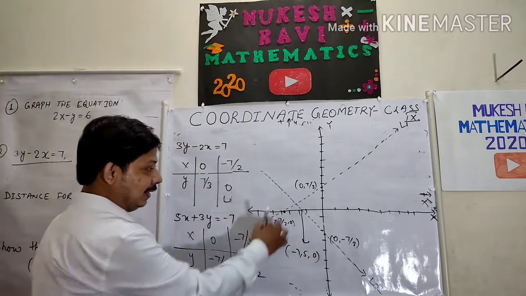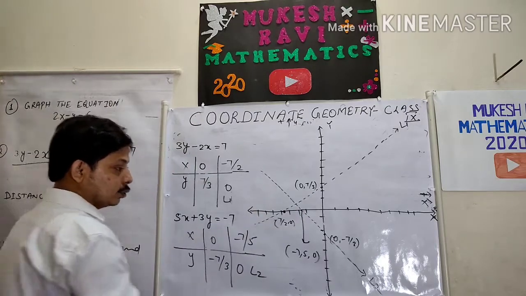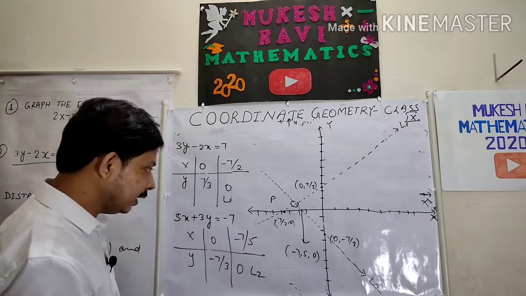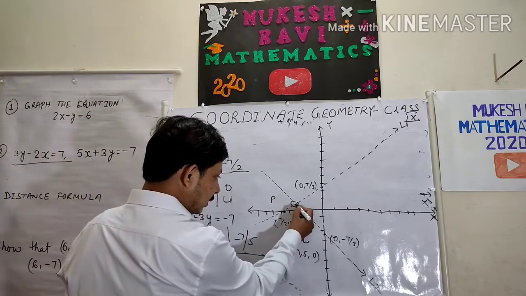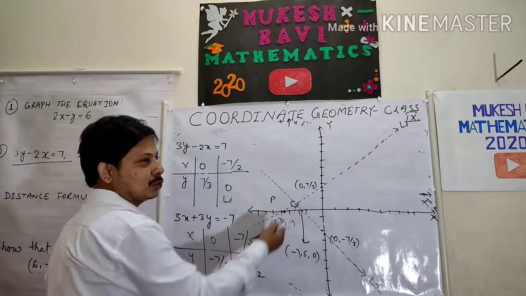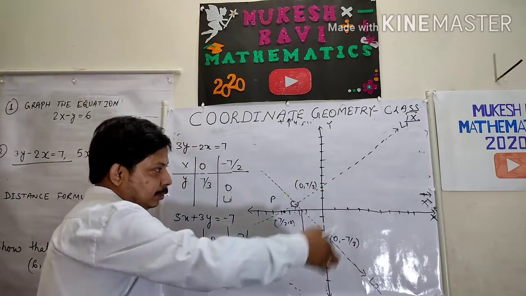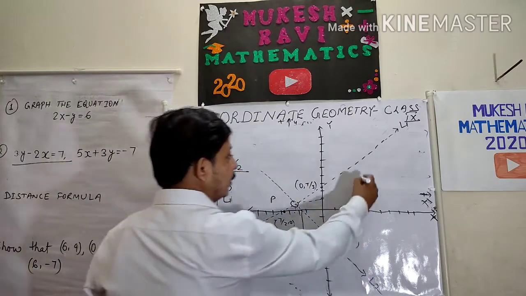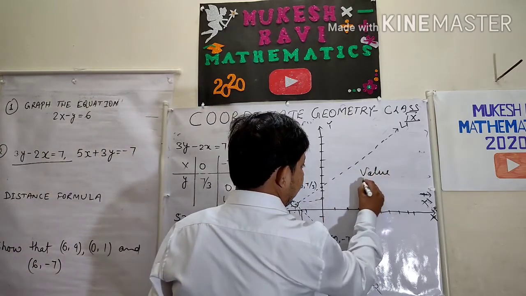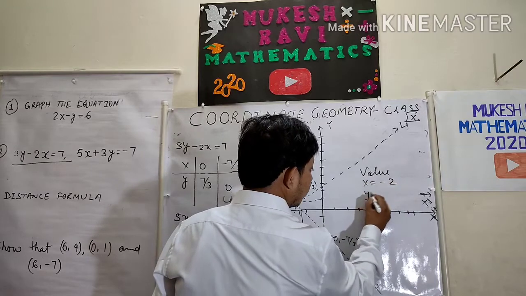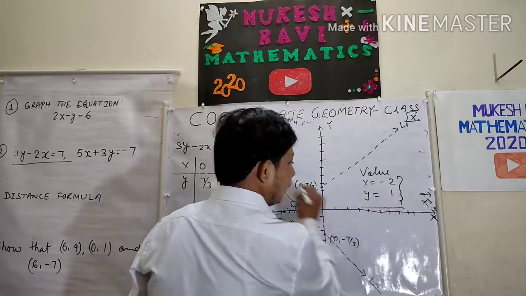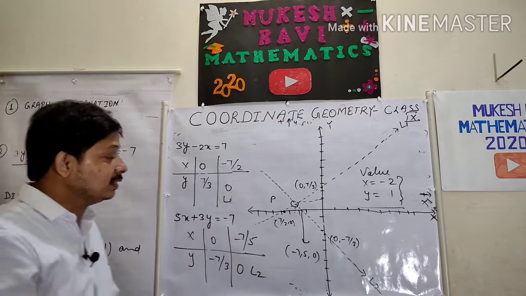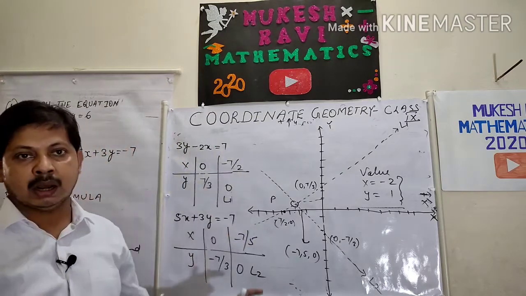Now you check, this is the intersection of the lines. These two lines intersect here, suppose at point P. Now you check, suppose approximately like this, this is minus 2 or 1.5, because I am using this rough drawing, and this, suppose this is 1. So your value is x equal to minus 2, y equal to 1, approximately. I am not telling you this is the perfect answer, but this is the way to draw the graph.